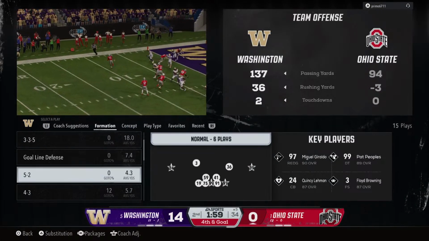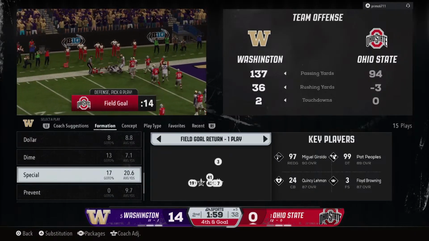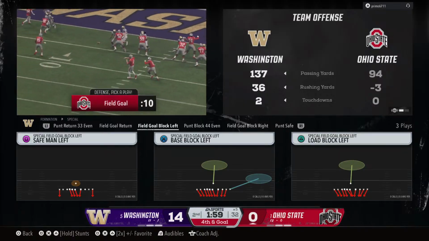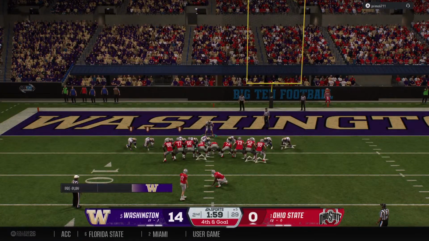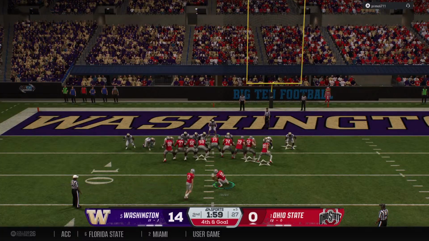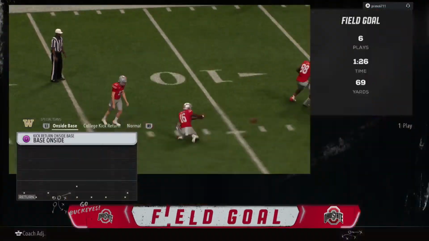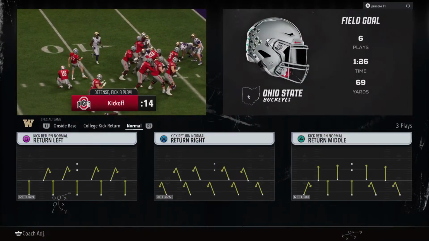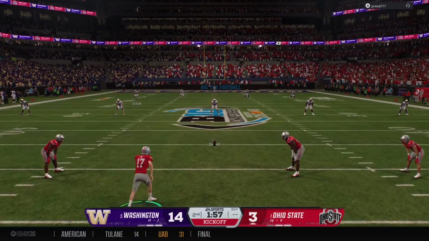The offense has some work to do here, trying to cut into this lead before halftime. So looks like they'll bring the field goal unit onto the field. They'll set up for the chip shot on the left hash mark. And that one's straight down the middle. Well, they almost put a touchdown on the board, but instead they come away with 3 points. So after coming away with 3 in that drive, the kickoff team is out.